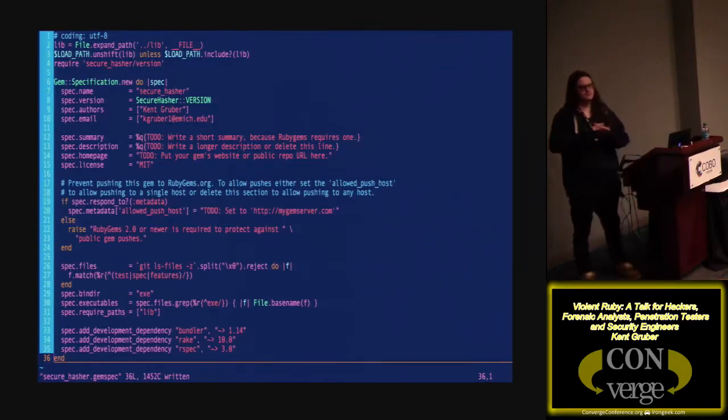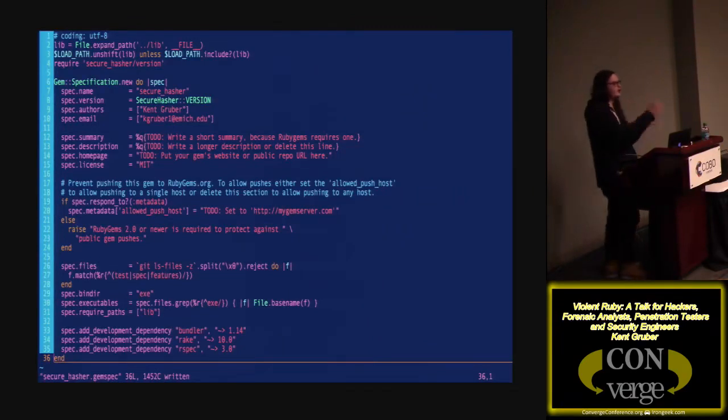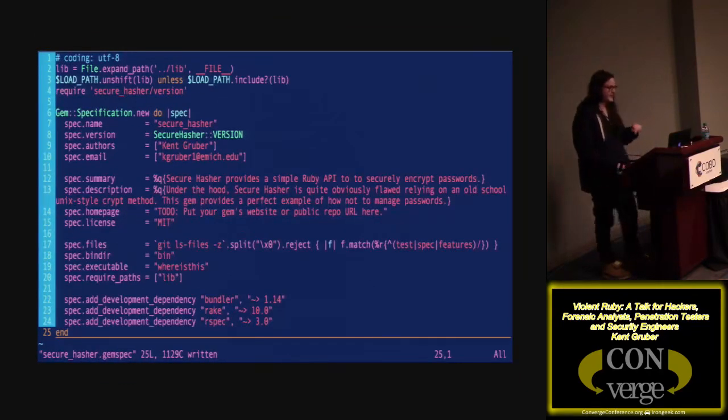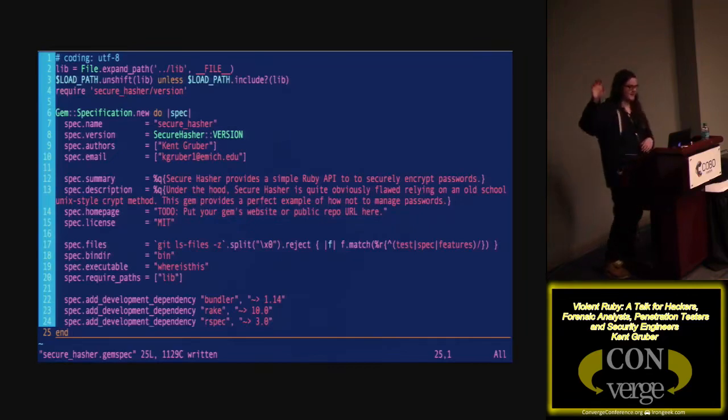This is basically just metadata that's going to describe your gem so that when people download it, all those dependencies are wrapped up and managed for them. And it's very simple to do this. So what we're going to do is we're actually going to remove some code. I like doing that.